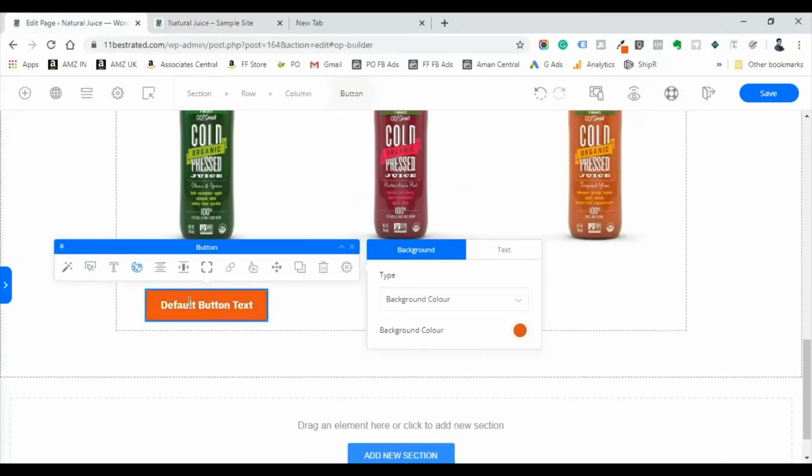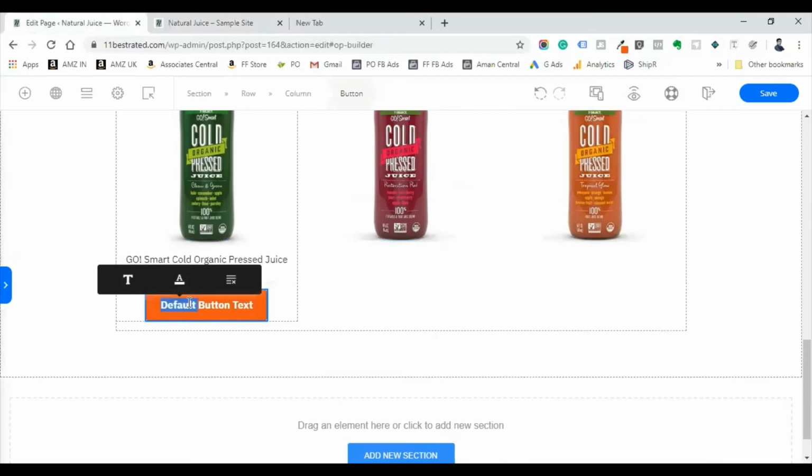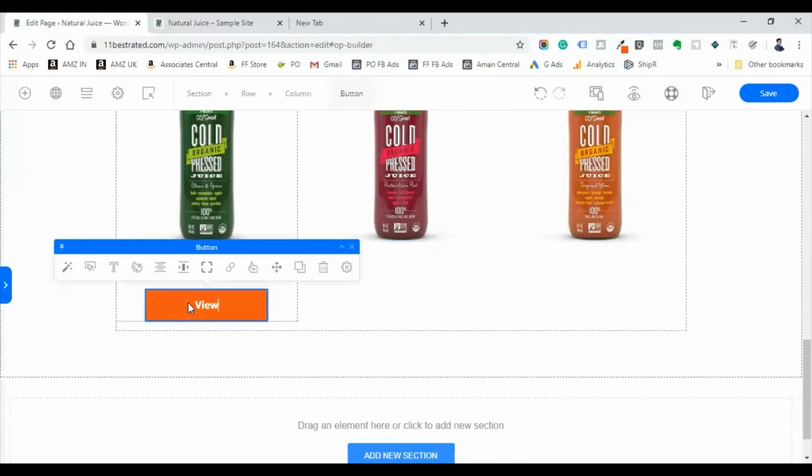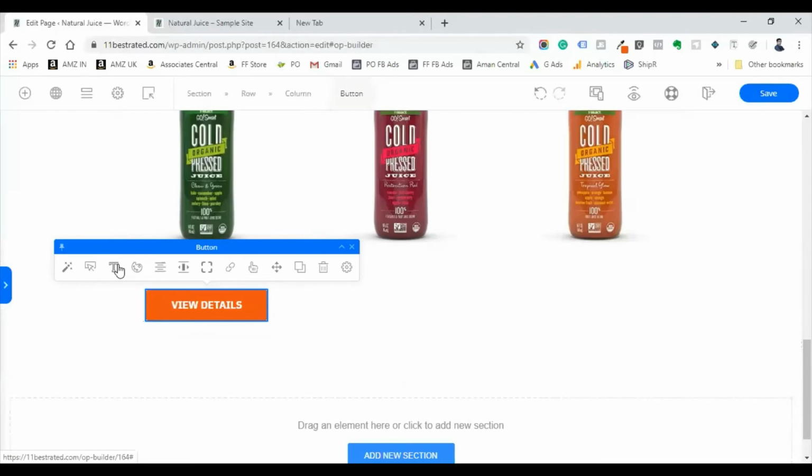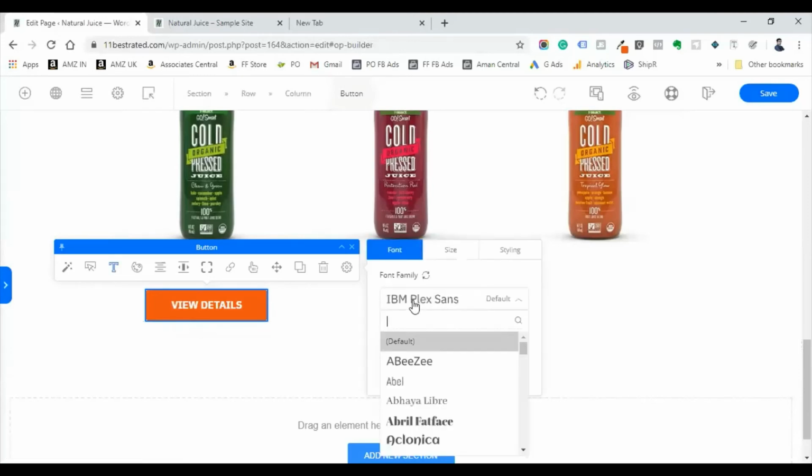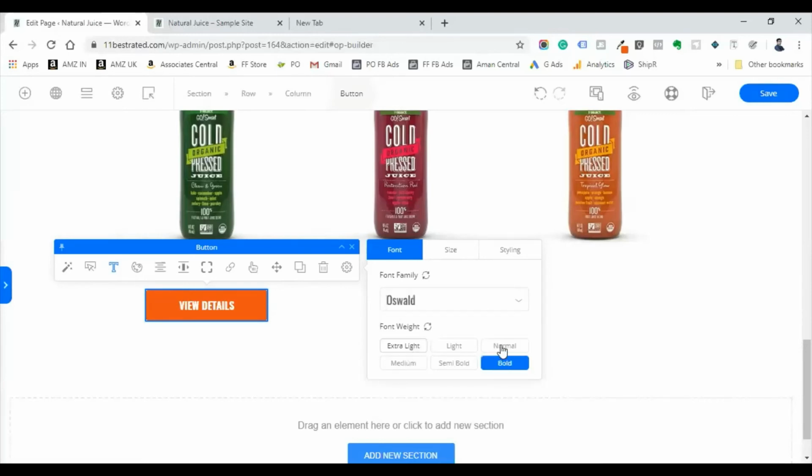Now to change the text, just select it and view details. The text is Oswald, I think. Yeah, we have Oswald normal.